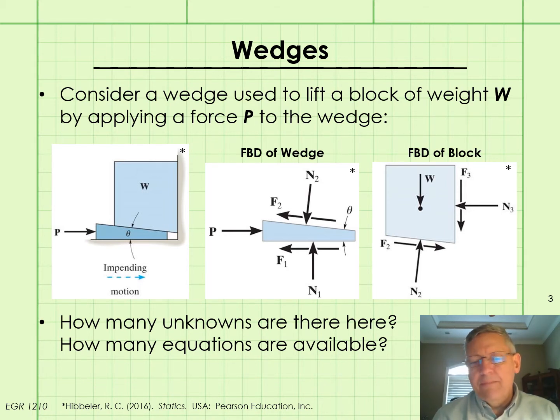If we know the direction of motion, then we will know which way the frictional forces should be acting to oppose that motion. So let's look at a free body diagram of the wedge and of the block. And in that middle figure there, we show the free body diagram of the wedge with the normal forces acting on the two surfaces of the wedge and the frictional forces opposing the motion of the wedge, and the free body diagram of the block